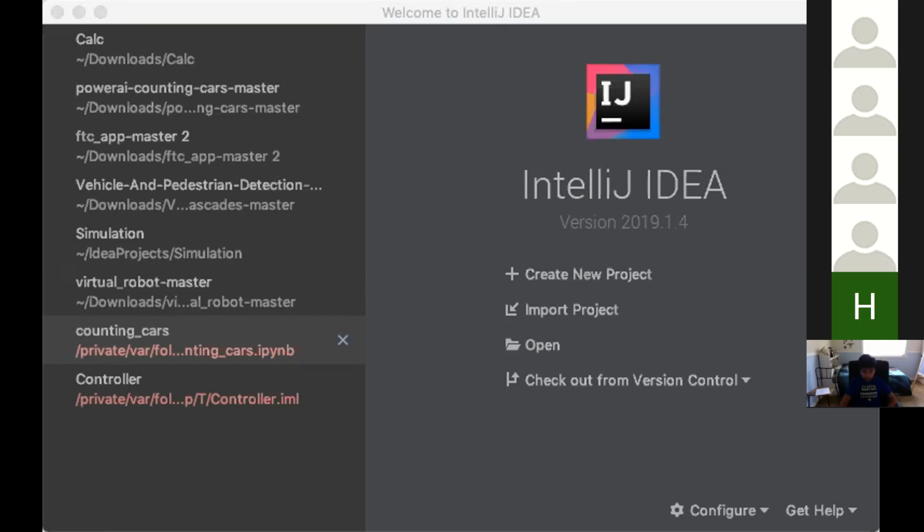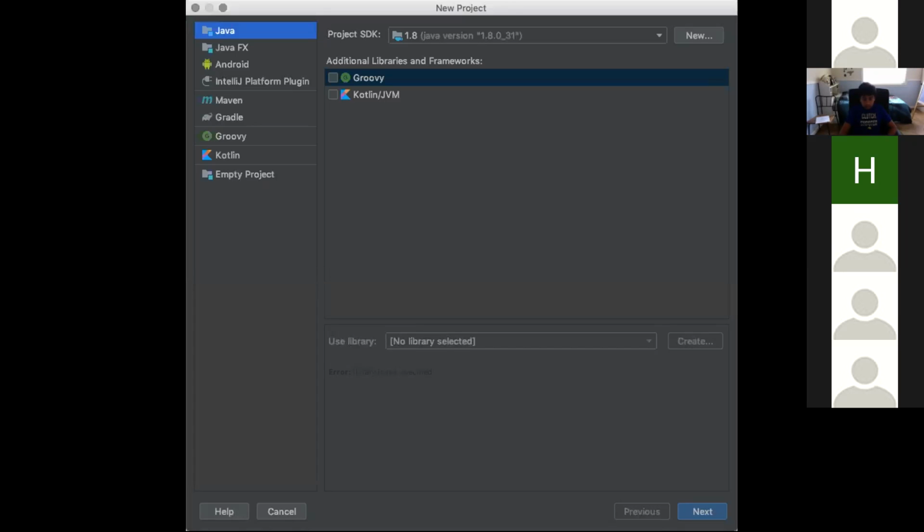Wait, Satyam, we can't see your screen. Oh, you can't. Okay, sorry, my bad. What about now? Before it was showing a different screen and I didn't understand what you were doing. Oh, okay.